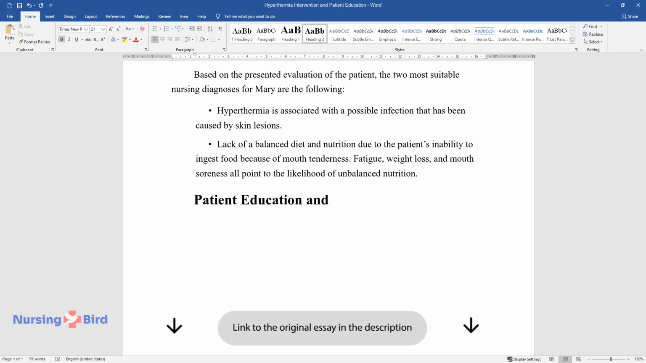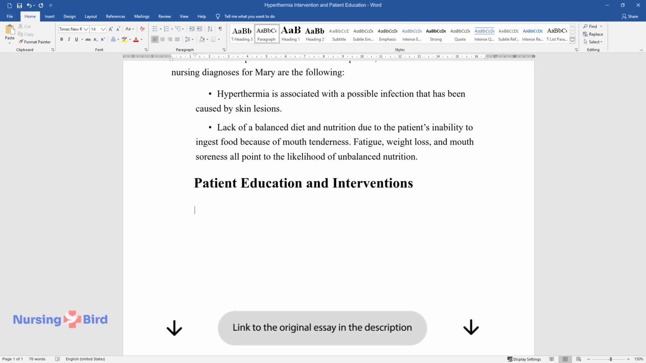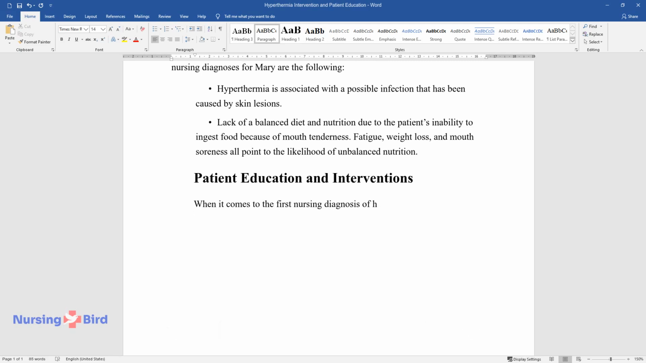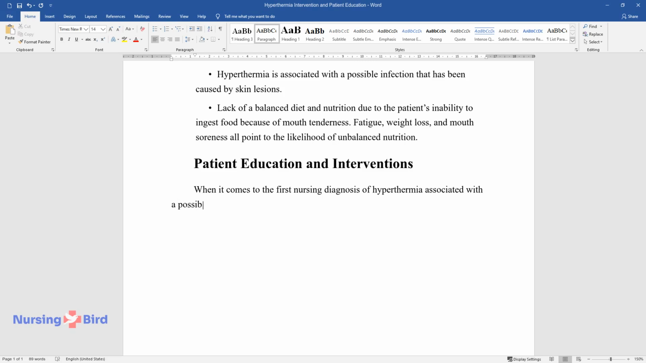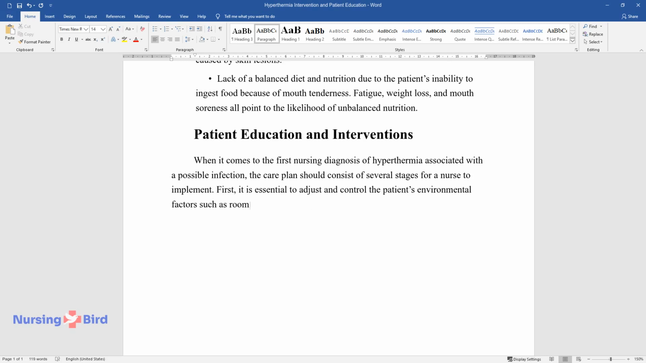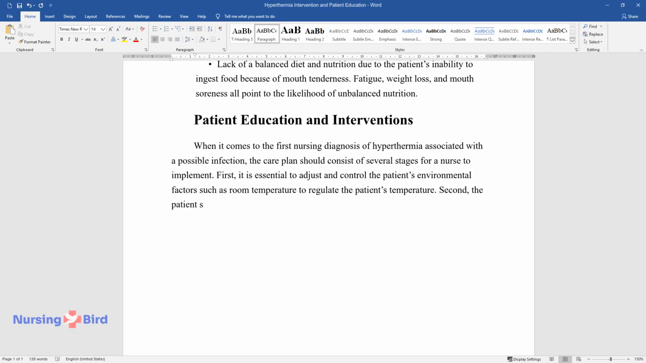Patient education and interventions. When it comes to the first nursing diagnosis of hyperthermia associated with a possible infection, the care plan should consist of several stages for a nurse to implement. First, it is essential to adjust and control the patient's environmental factors such as room temperature to regulate the patient's temperature. Second, the patient should be given antipyretic medications to lower her body temperature by acting in the hypothalamus and